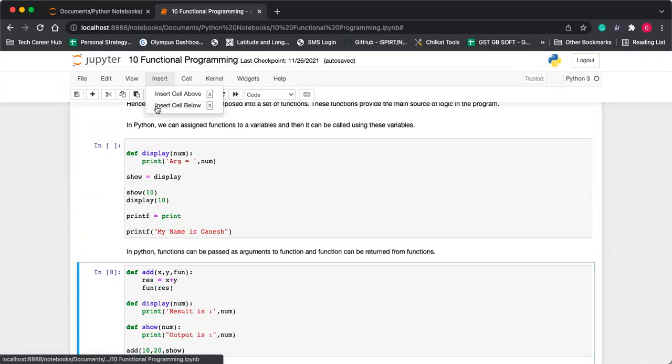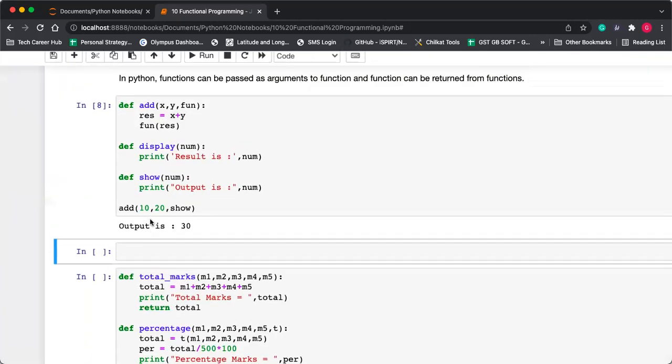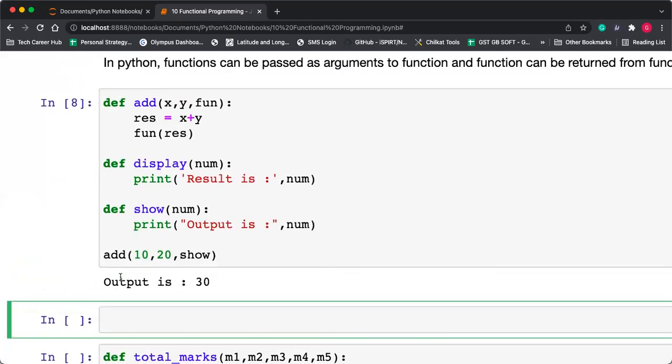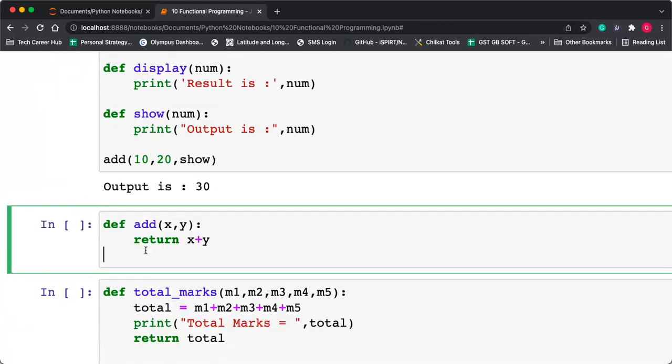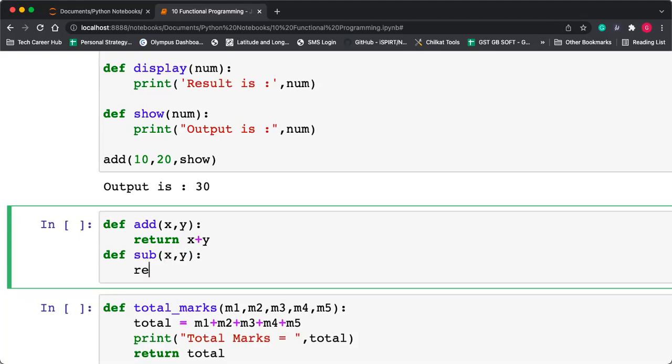So we'll take one example for explanation. Suppose there is a function called addition, which will take two inputs x and y, and return x plus y. There is one more function called sub, which takes two arguments and returns x minus y.